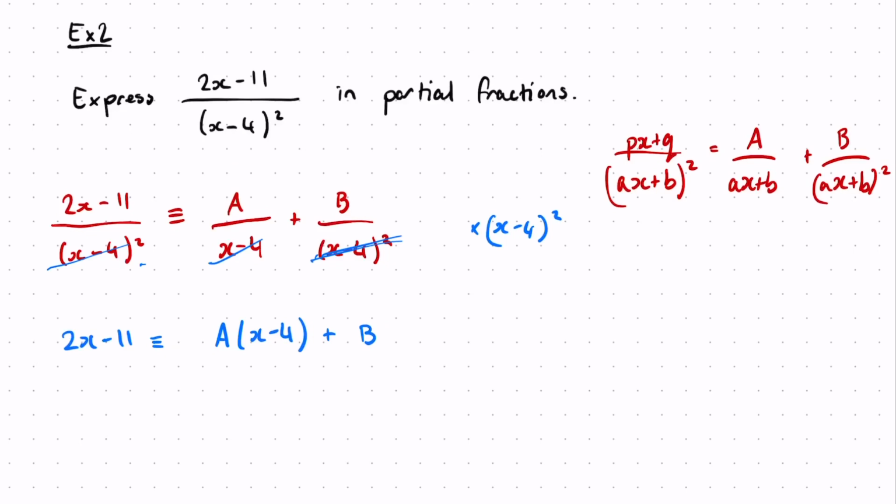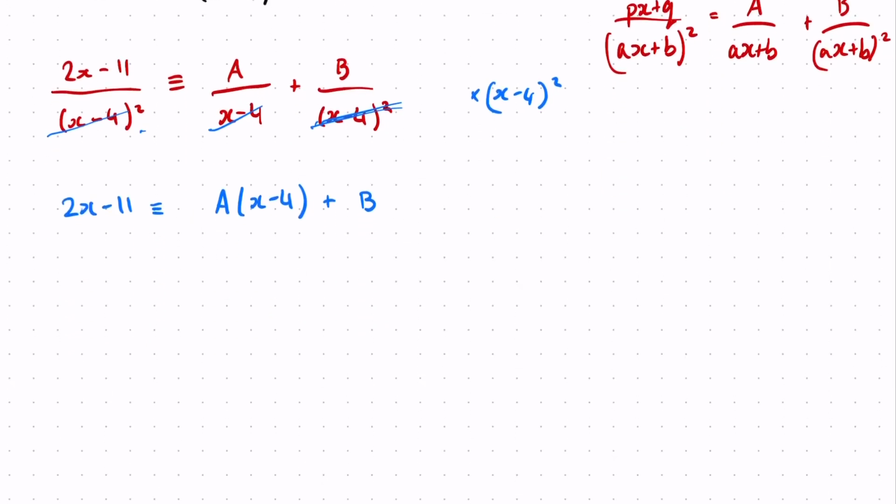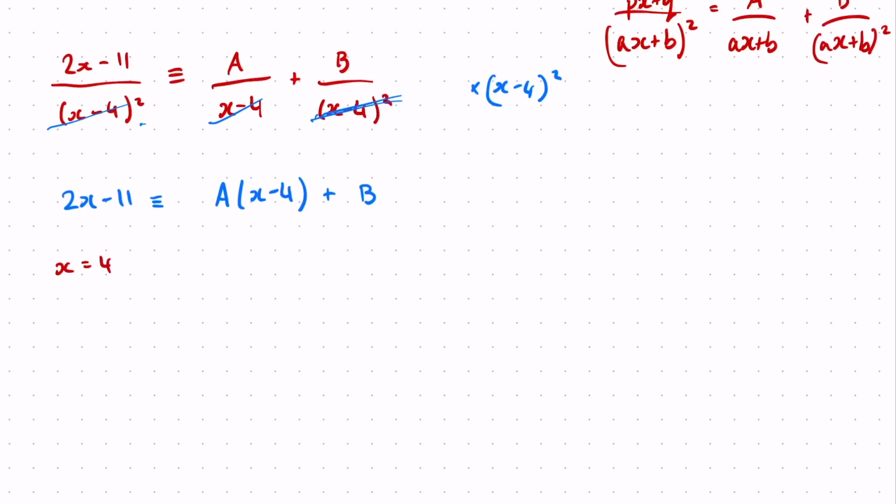Okay? So to find the solution to this, again I'm going to substitute in a value which will eliminate one of my brackets, which I've only got one bracket anyway, so I'm going to substitute in x equals 4, which is going to give me 2 lots of 4 minus 11 is equal to A(4 - 4) plus B, which gives me B as minus 3. Now I know B is minus 3,